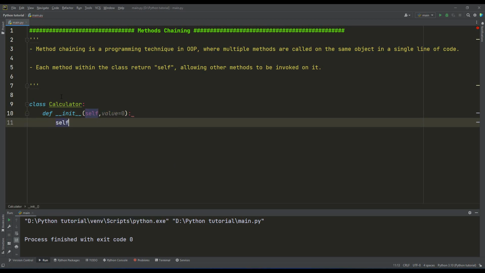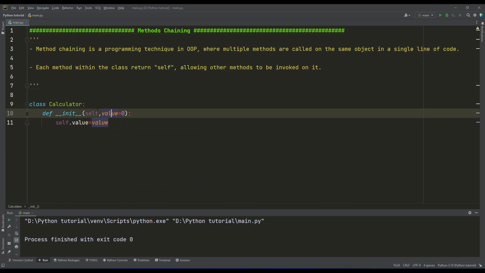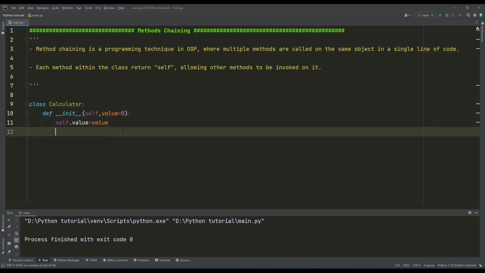I want to store this value to access it later in the methods. So the value that I enter when I create an instance of this class will be stored inside